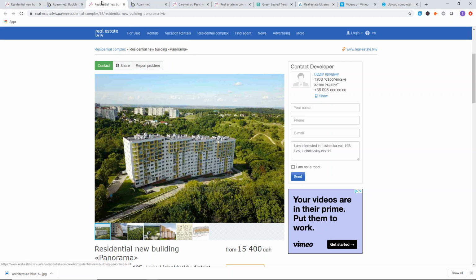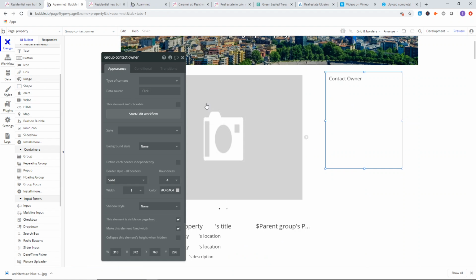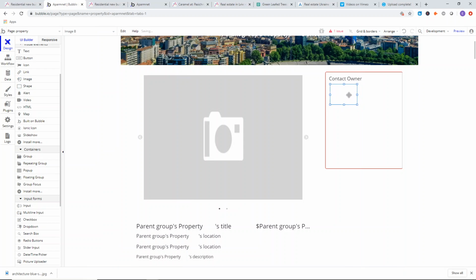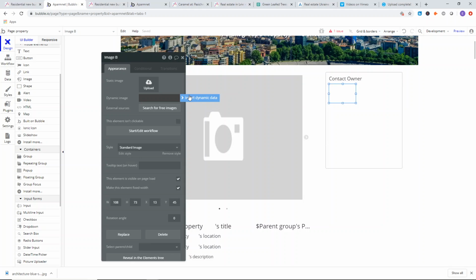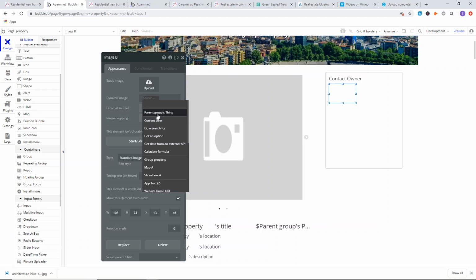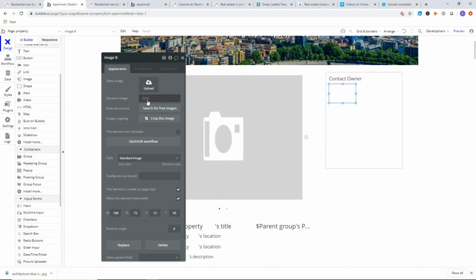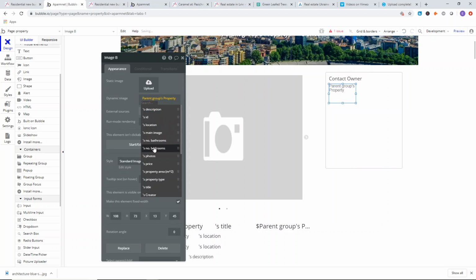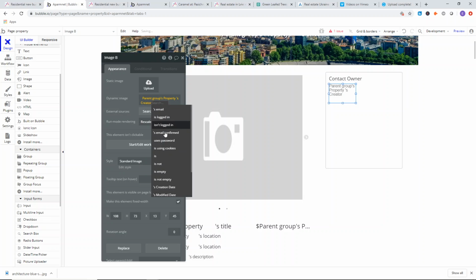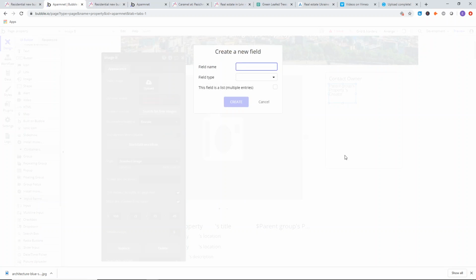Okay, they can have a photo. Sure, we'll let them have a photo. Why not? I will show you guys how to add that in later. So contact owner. Here we need to say the group contact owner is going to have a property data source, and parent group's property is going to be the data we're going to reference. So parent group's property, creators, and here's where we're going to create a new field, call it profile picture,